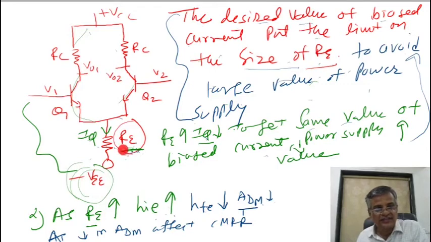Again I am telling you. We have seen that to get a large value of CMRR, RE should be large. If RE is large, then such kind of problem does not arise. So let us interpret this in a different way. RE is large means constant current should flow through the circuit. Means IQ should be constant. Whatever change takes place here, even then IQ should be constant. So constant current should flow through the circuit.